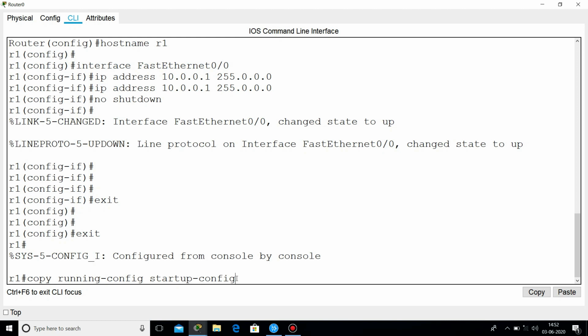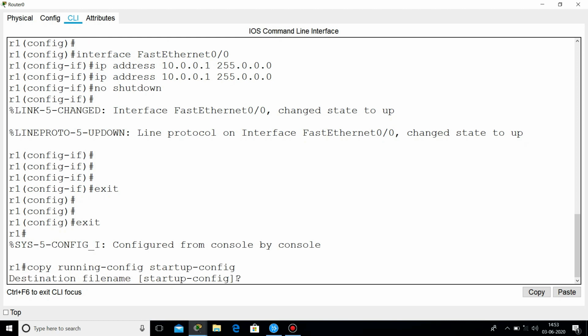What is a startup configuration? A startup configuration is stored in the non-volatile memory of a device, which means that all configuration changes are saved even if the device loses its power. What is non-volatile memory? It is permanent memory, and here data cannot be deleted until we delete it.